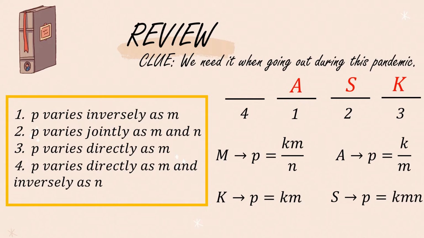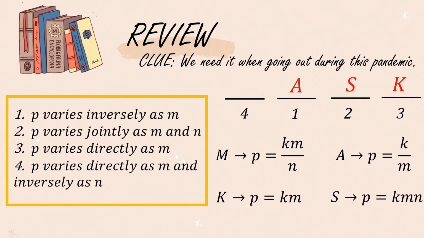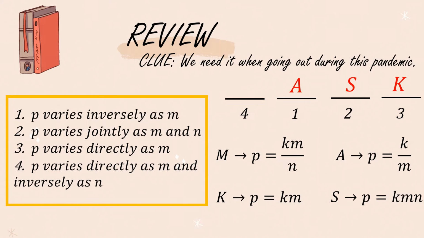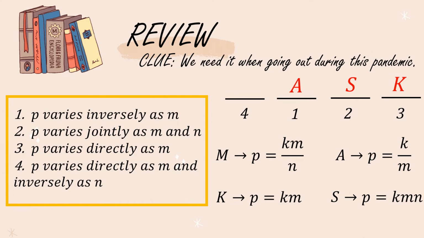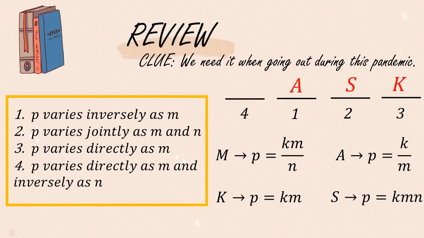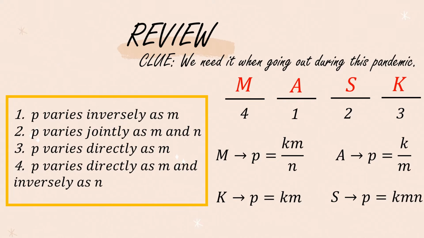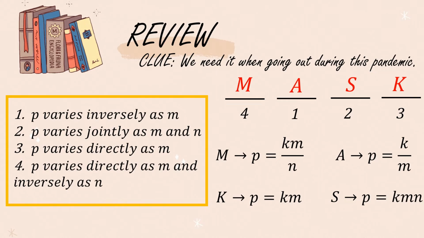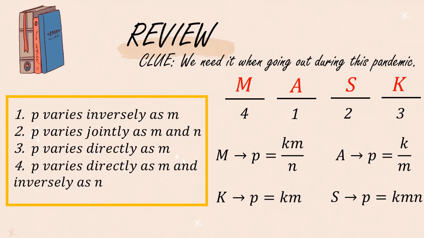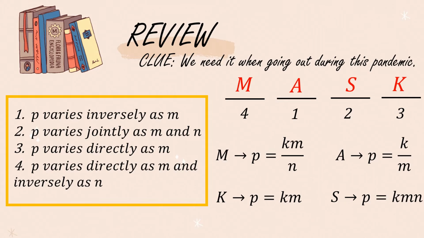And lastly, feeling ko alam nyo na ang sagot kahit hindi natin siya tignan, pero sagutan pa rin natin. P varies directly as M and N, and inversely as N. So ano kaya ang sagot natin? Tama, it's letter M. P is equal to KM over N. So ano yung kailangan natin kapag lalabas during this pandemic? Very good, mask. Don't forget to wear your mask when you are going outside, especially during this pandemic, to protect